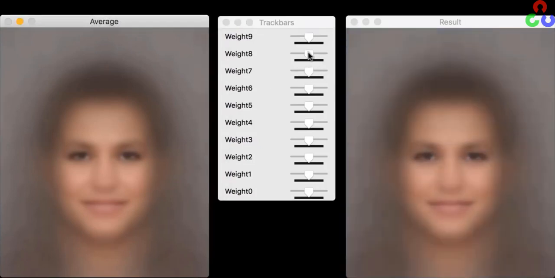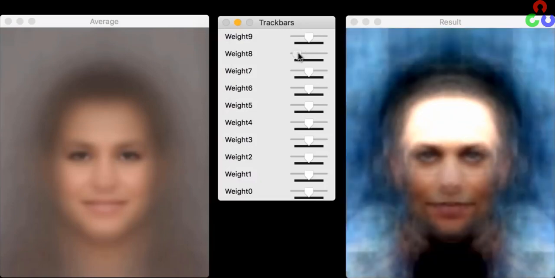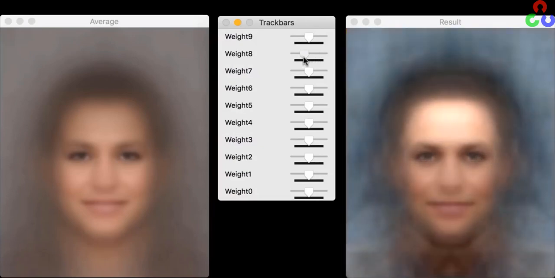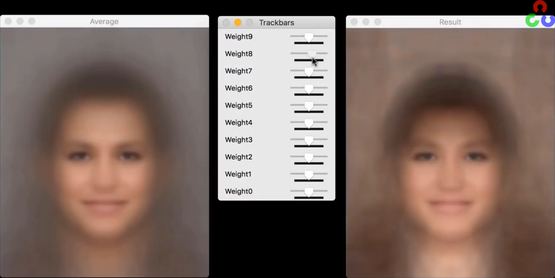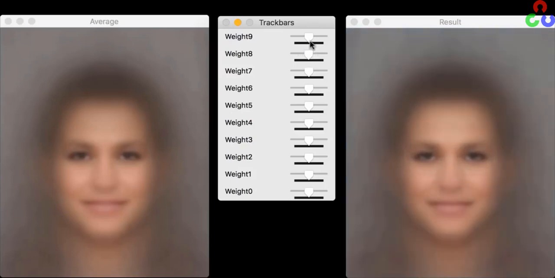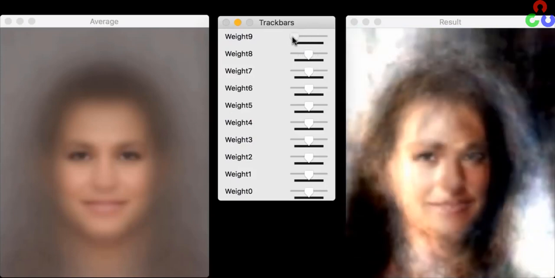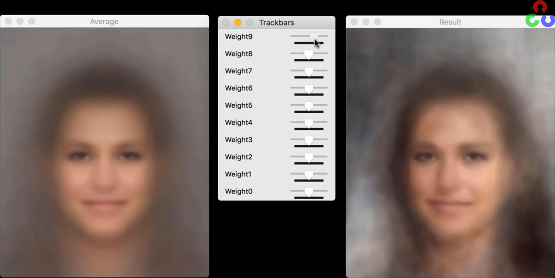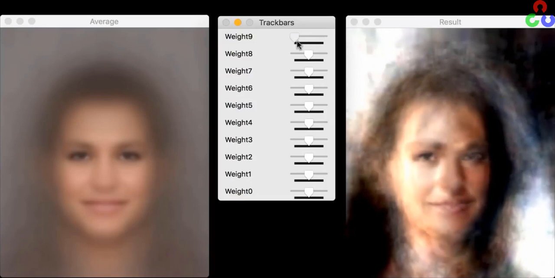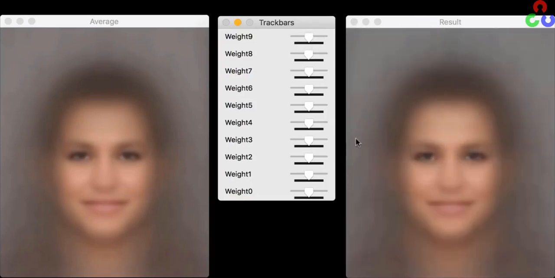Now, let's look at this one. Again, we see lighting, but this one is capturing a different kind of lighting variation. This is capturing lighting from the top and the bottom of the face. So that's the ninth principal component. And the 10th principal component is kind of funny. It captures a whole bunch of things, including the pose and lighting. And if we had looked at other principal components, they would start capturing less important stuff beyond the 10th principal